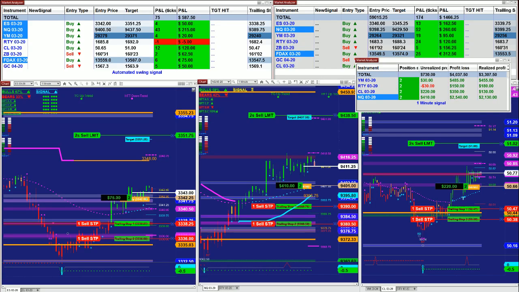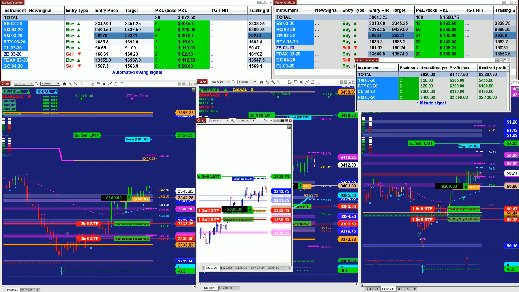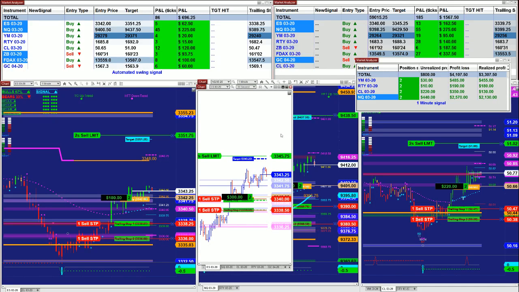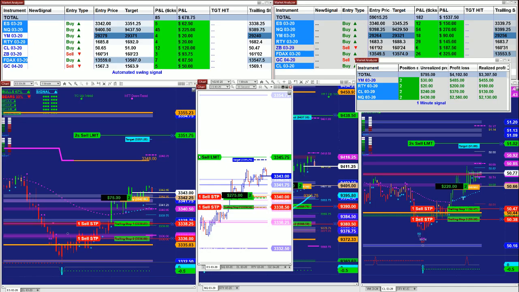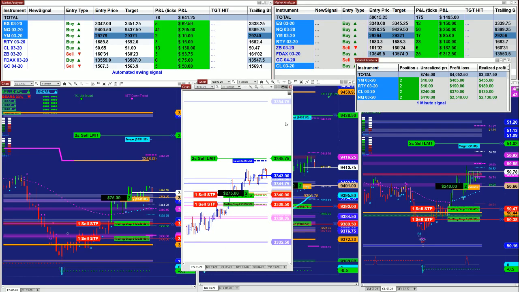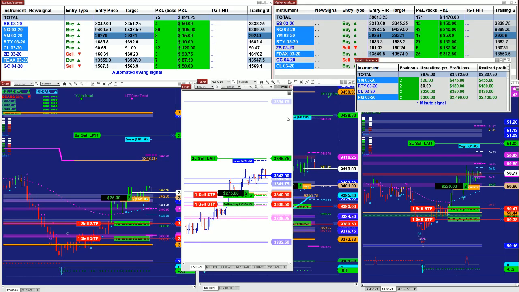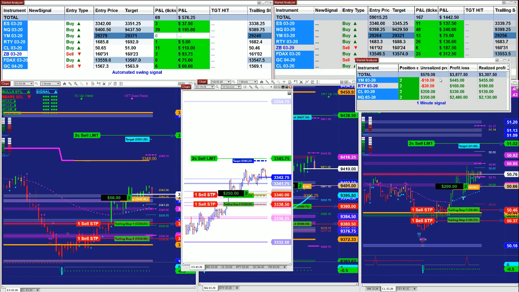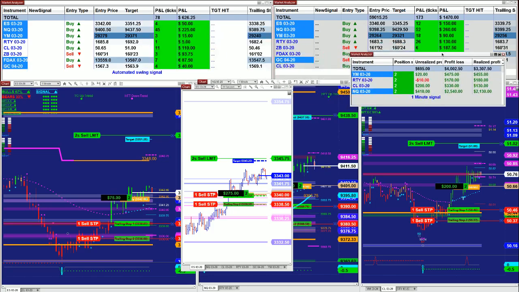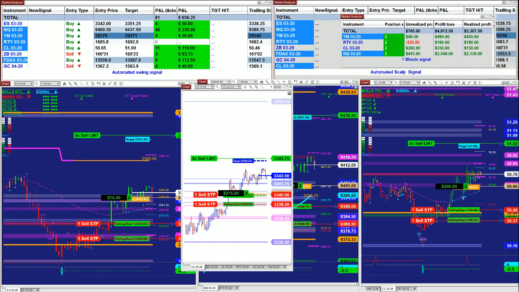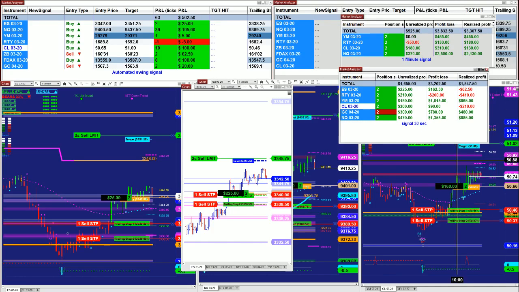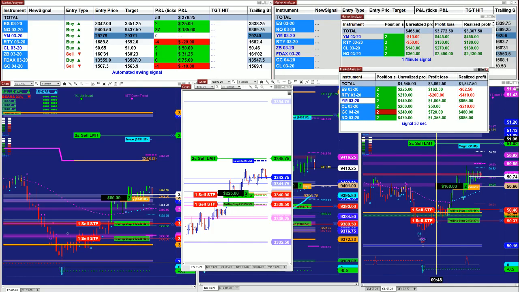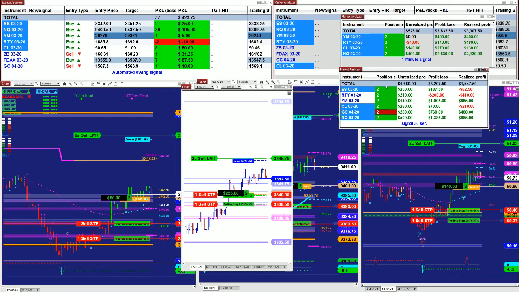For the 30-second scalper, the scalpers are amazing when the market is moving. I'm trying to show you. This is the swing trading, and this is the scalper as we speak right now. 30-second scalper, and as we see here, we are already in a trade, 250, and we have the Russell